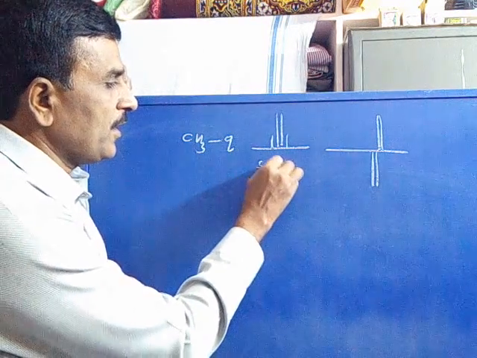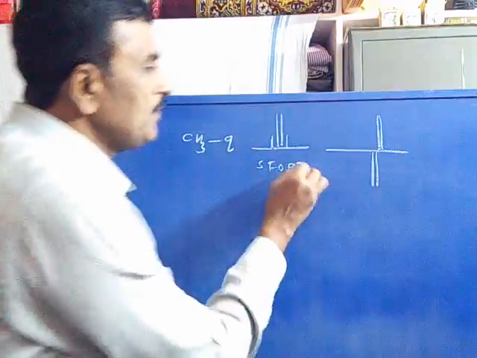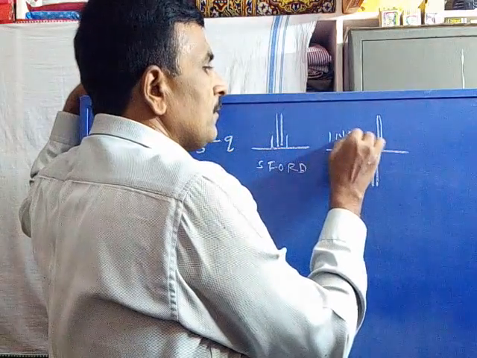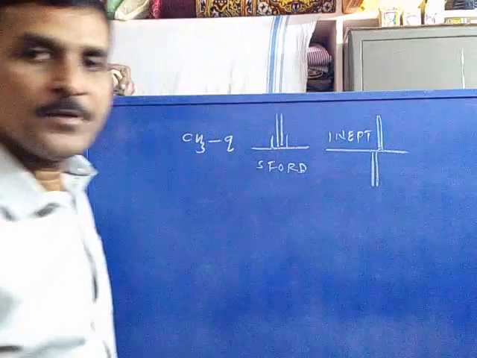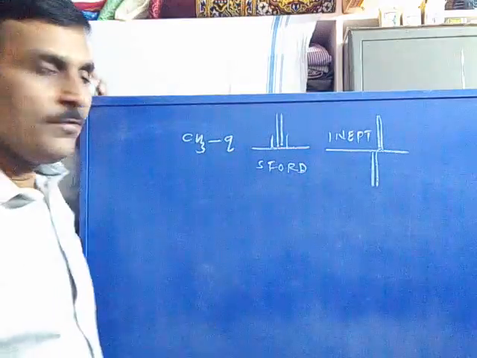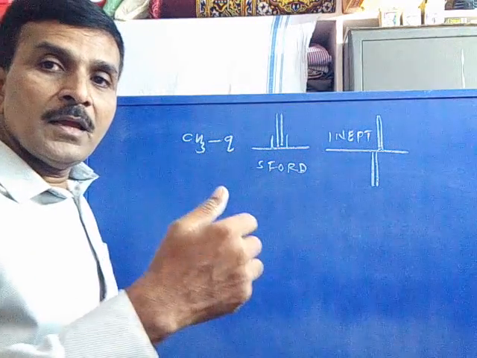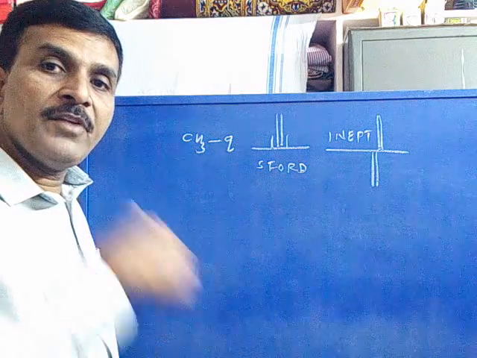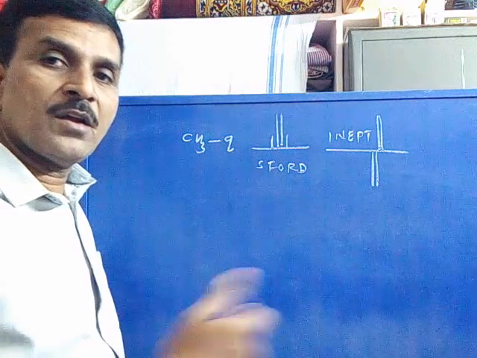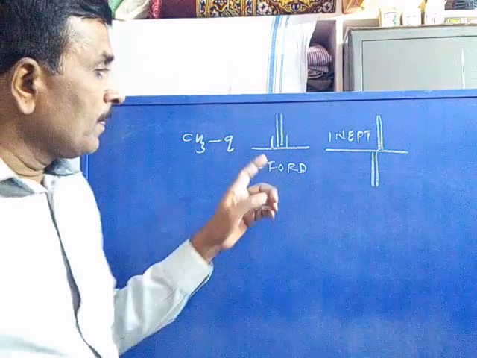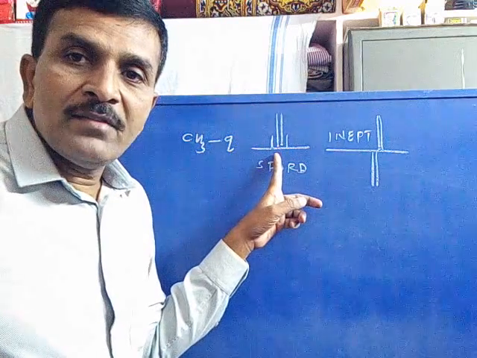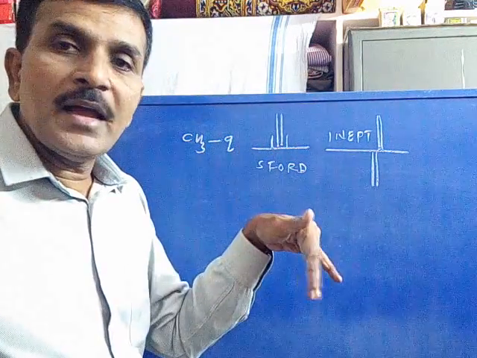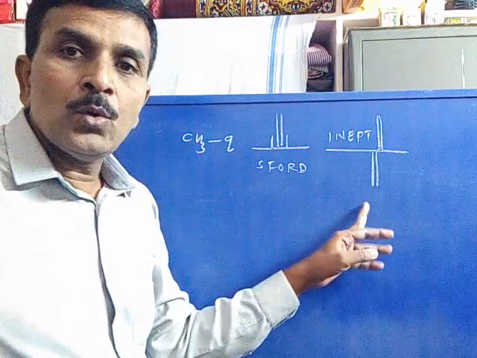This is SFORD, this is INEPT signals. Now we are discussing why the multiplicity signals are not overlapping in the INEPT, even if the frequency difference is too short. Because the quartet of SFORD signal will be recorded as two positive lines, two negative lines